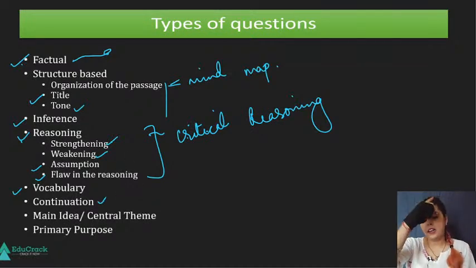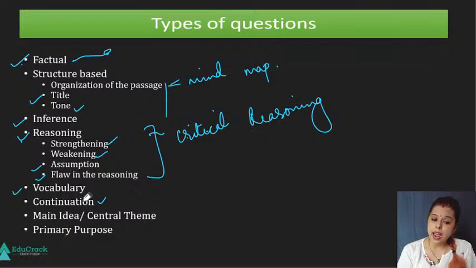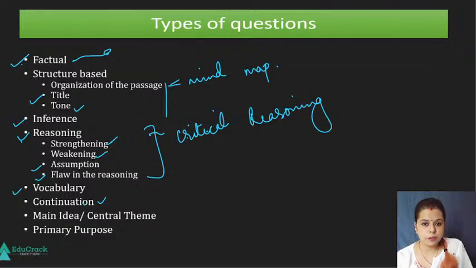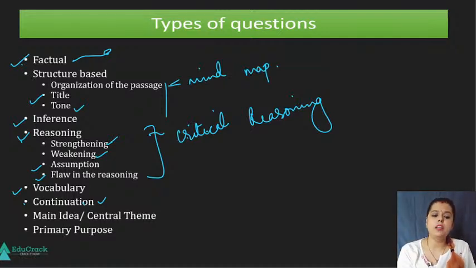So the part where I kept on repeating that you should be able to anticipate and predict, this is where that anticipation and prediction comes in. That is continuation. Now, there is a specific skill set required for it, the ability to eliminate options. This question type cannot be solved without the ability to eliminate options. And how do we do that? I'll tell you exactly how to do it when we come to the part where we talk about solving